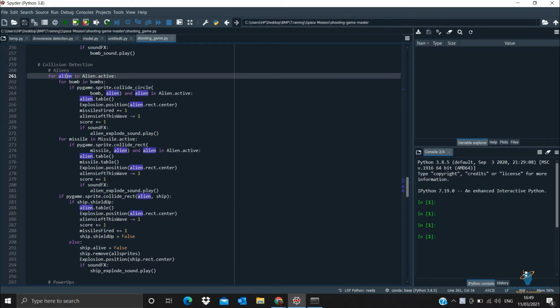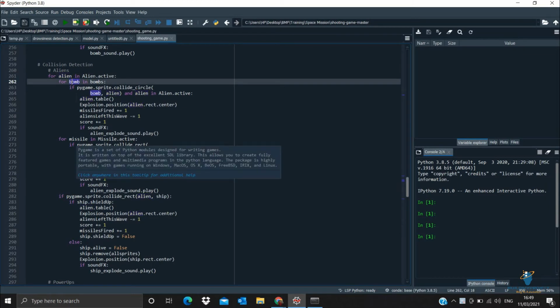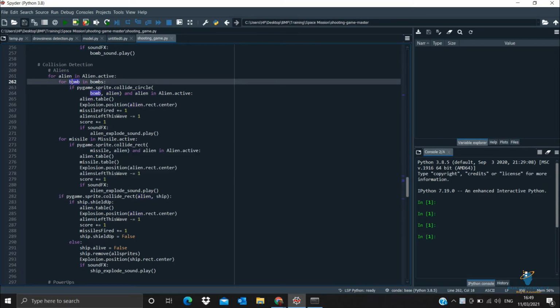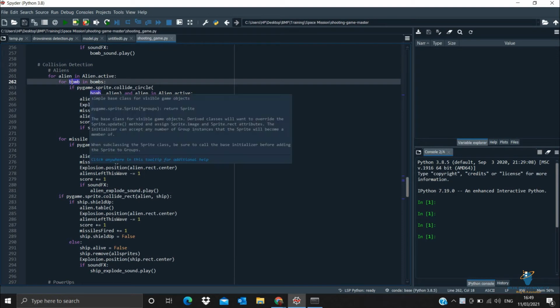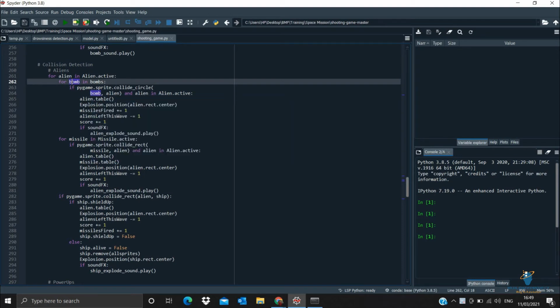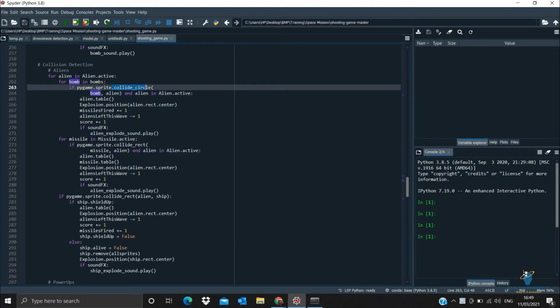So first of all, we are going with bombs, and then we will go with missiles. Suppose we are going for bombs, then obviously those bombs are in a circle shape. So we have given a keyword, that is collide dot circle, which we have defined in sprites, and then we will be going for bomb and alien, and then alien dot table.